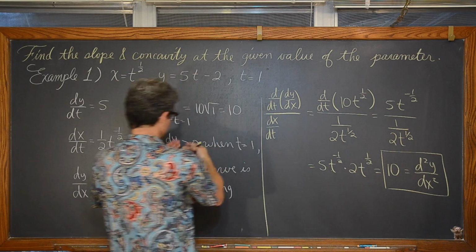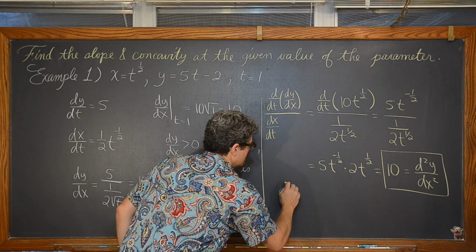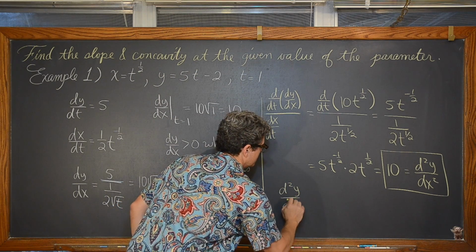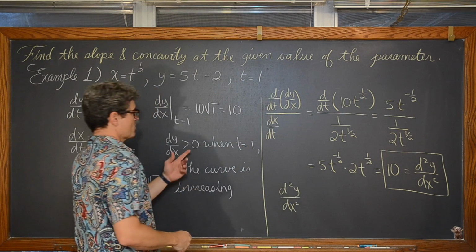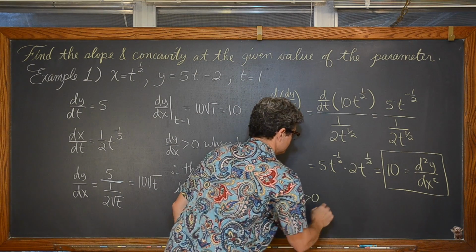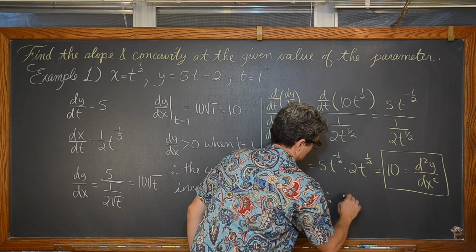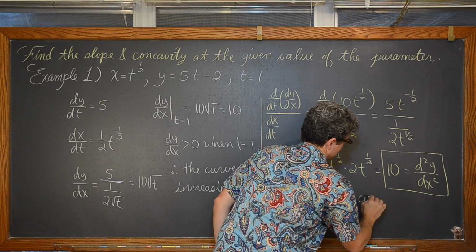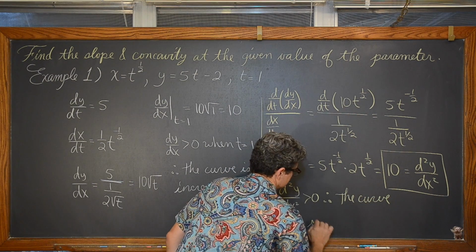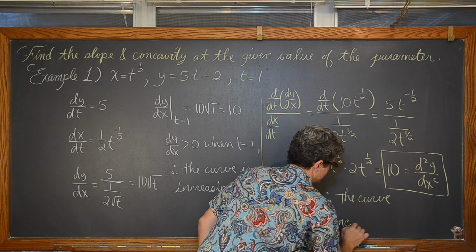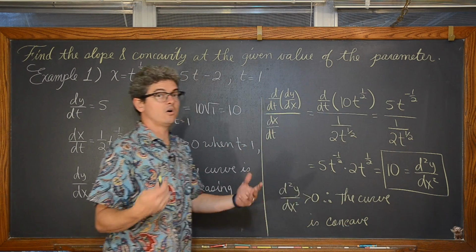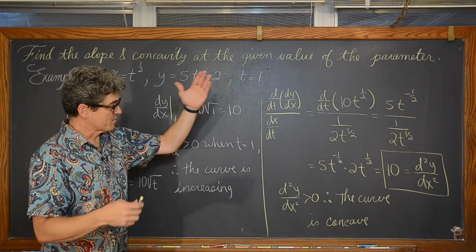Just again right here we see that the second derivative is greater than 0. So therefore the curve is concave up. Really, it's concave up for all values of t, because it's always going to be positive, but